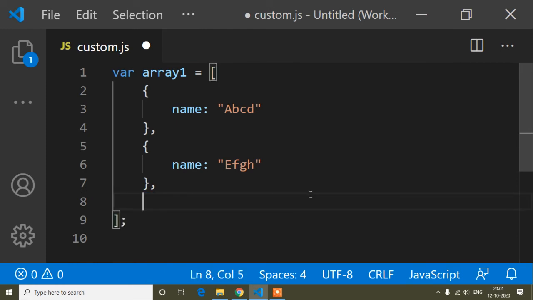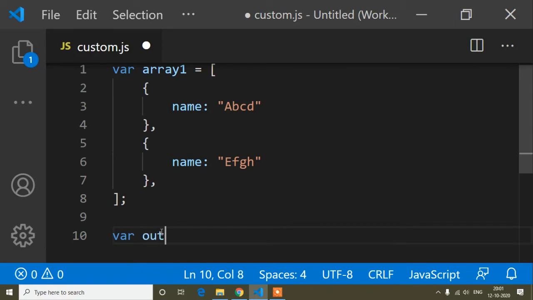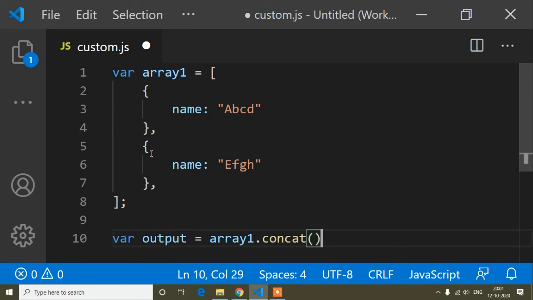First of all, I will remove from here. I will add this object using array concat. The same way, first I will write a variable. So variable name is output equals to, and now array1 again and dot concat, and now I want to concat an object.